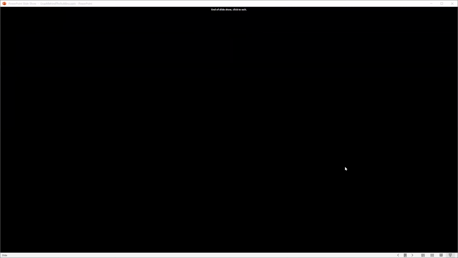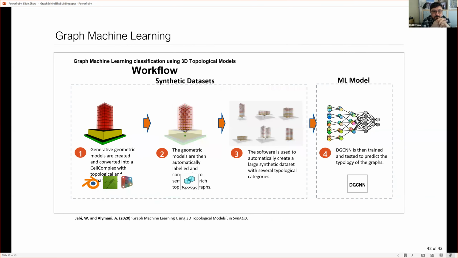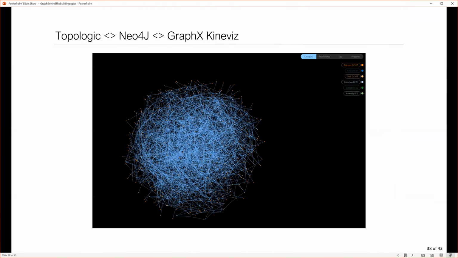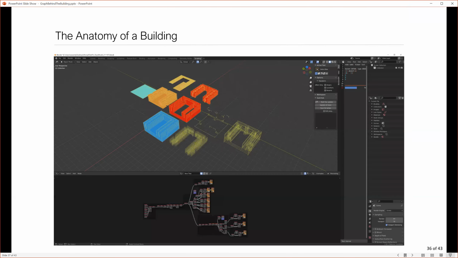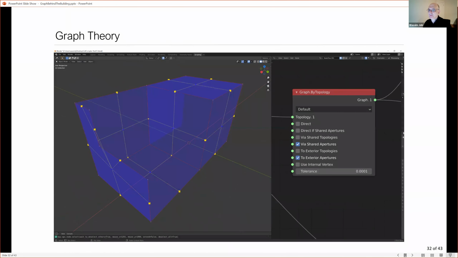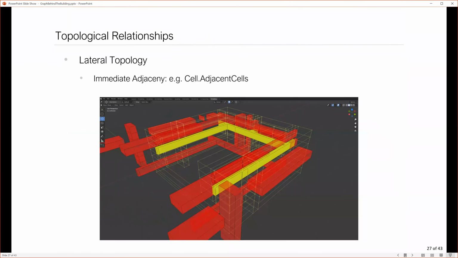Not sure which slide. I'll share my screen again really quickly. If you can point me to which one, I don't know if you made a note of it. Is it graph machine learning? No, it was before that, although the graph machine learning is interesting as well. Let me know when to stop. Sure, so I'm going back. No, not that far back, towards the end. No.